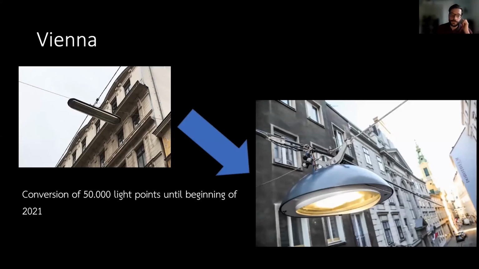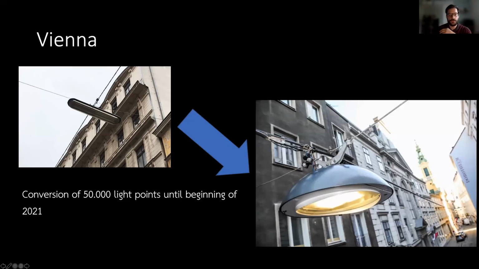Vienna itself has a conversion undergoing. I said before that there were some LED lighting changes of street lights, especially of these Hängeseilleuchten, in German, they are called. And over the next few months, they will finish this 4-year-long process, which started in 2017, with 1/3 of all street lighting points in Vienna being changed. So 50,000 light points are 1/3 of Vienna street light points.